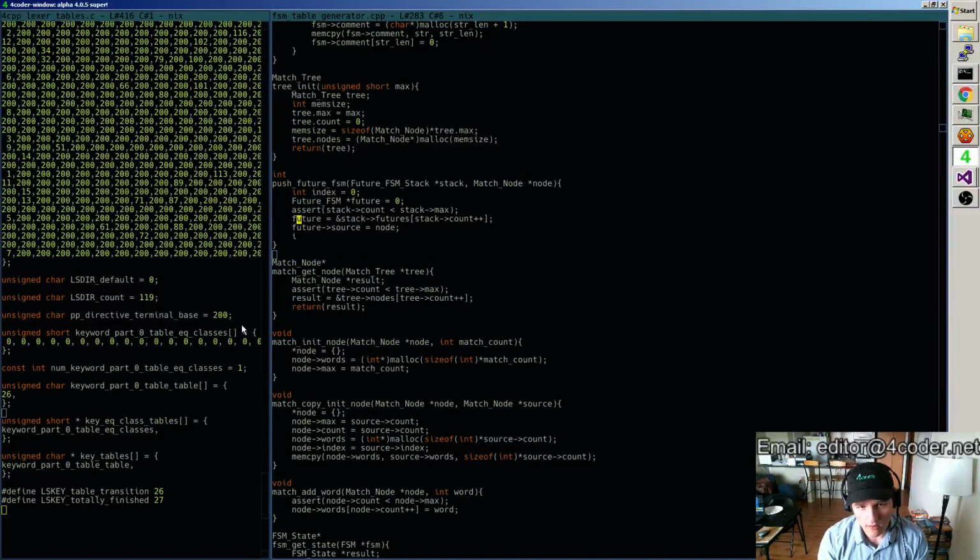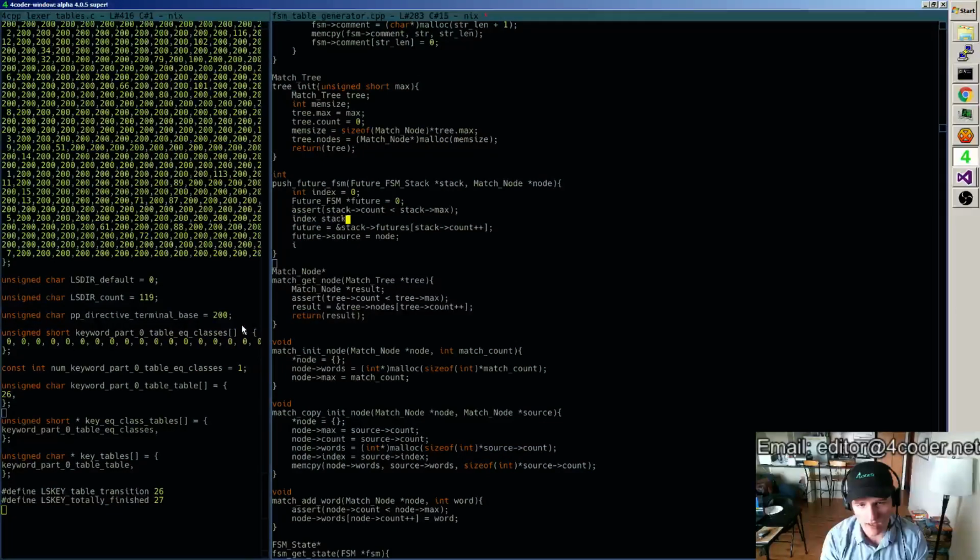So index is the stack's count, which gets incremented. And that goes right there, and then we can return that out the other end, right? So I push an FSM on, I get the index off, I get a new future pointer, and I set the future source to this node that I asked it to use, and then it tells me the index of that future, which is going to be useful because